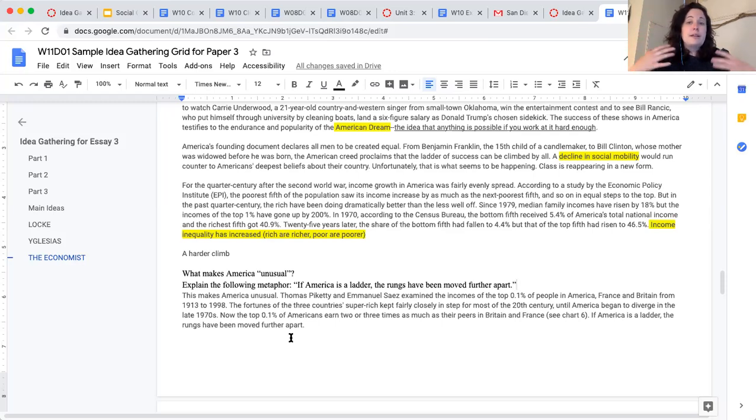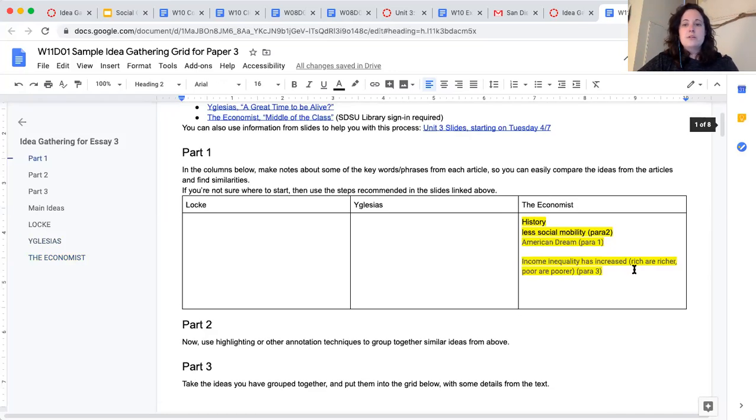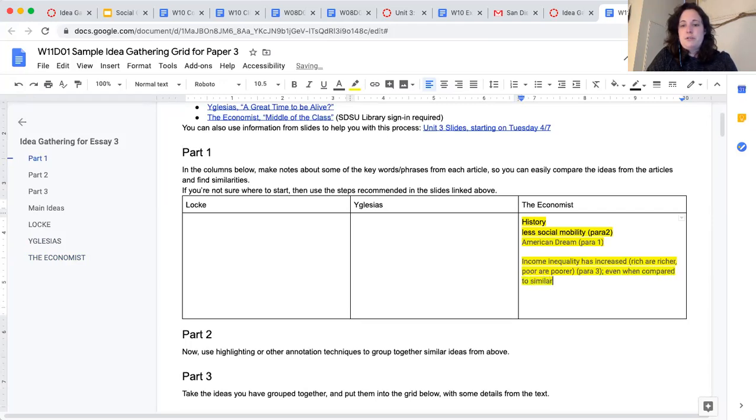So even compared to other countries, the United States has this bigger gap between the wealthy and the poor. So again, income inequality has increased. And I'm going to say this is kind of repeating the idea that was in paragraph 3, that was in our main idea. So even when compared to similar countries,